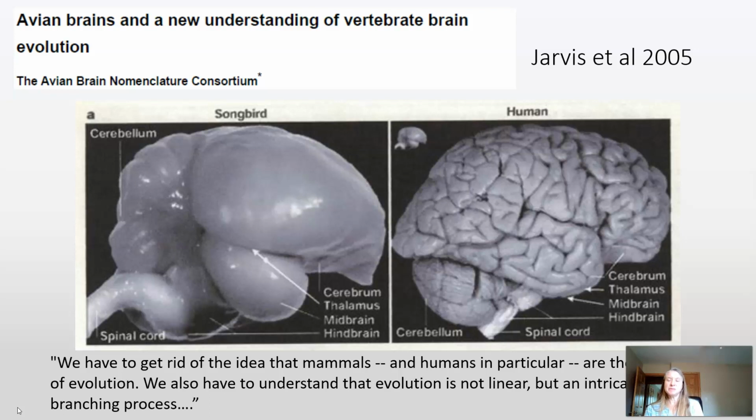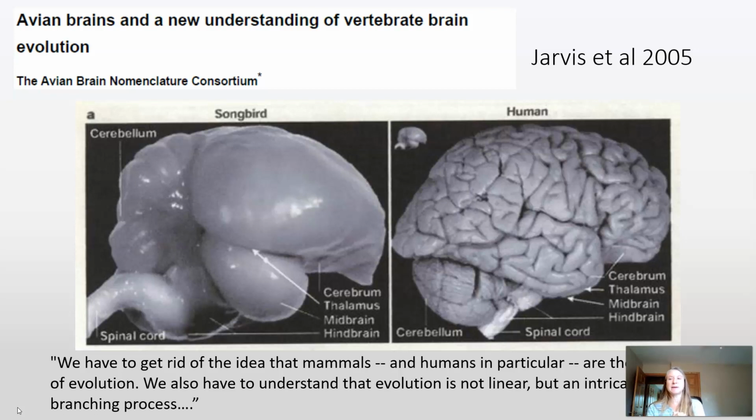Now I'm going to go a little bit more into the brain, and this is a lot more detail than the textbook has, because I think it's important to have this idea of how birds are functioning, to get rid of this notion about bird brains. There's a paper by Jarvis et al. in 2005 that really started to make us rethink the avian brain, because it is structured differently than mammals.